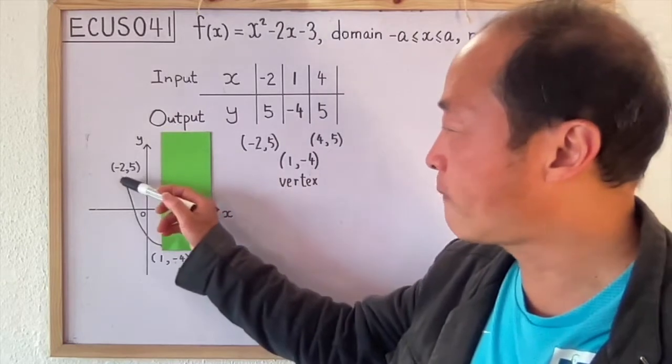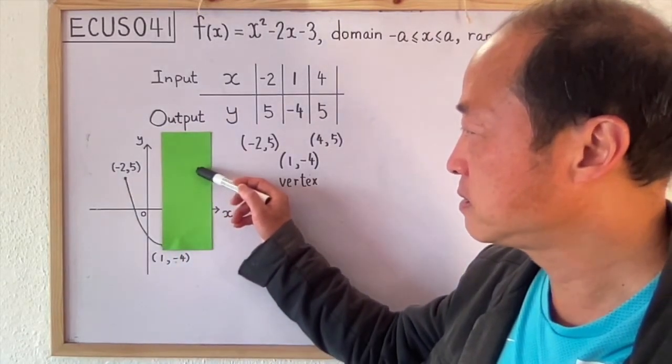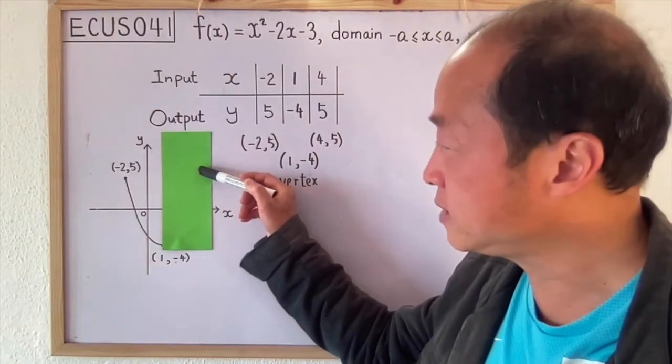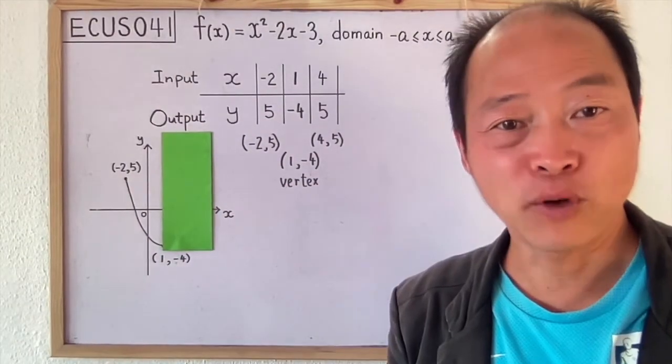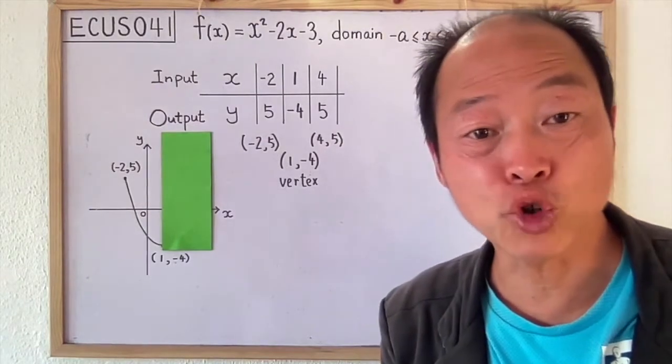When this part of the graph to discuss attains its maximum value, we will have the longest possible domain. X is between -2 and 4. Therefore, to keep this range, the longest possible domain is